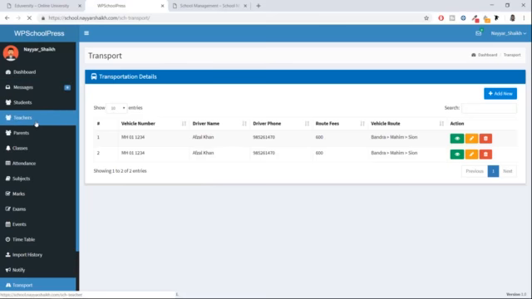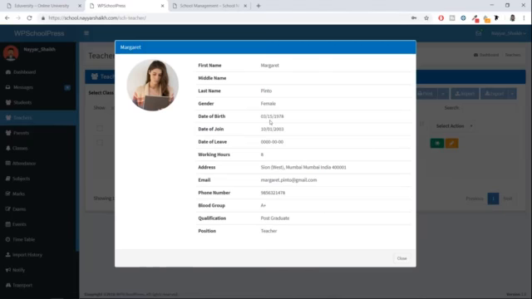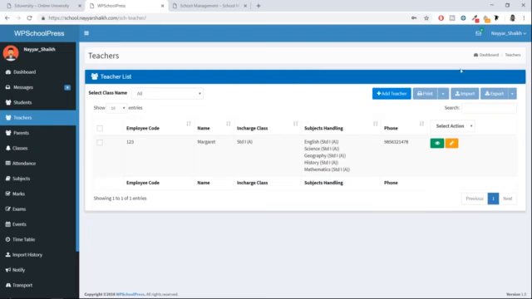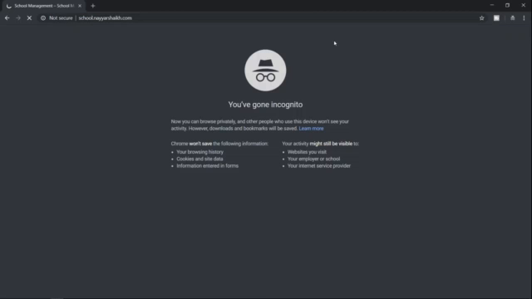For example, let me go to teacher. This was the teacher section, with username and password. If you remember, if you click on this view, her email address was this. So let me copy this and the password. What this teacher will do is she'll open a new incognito window. Obviously not a new incognito window, but I'll have to open this just to show you guys. Now let me open the website.